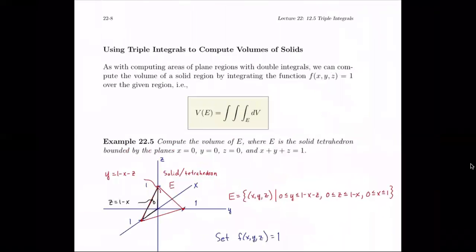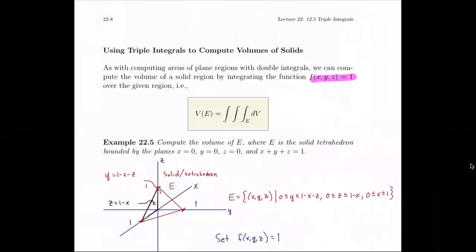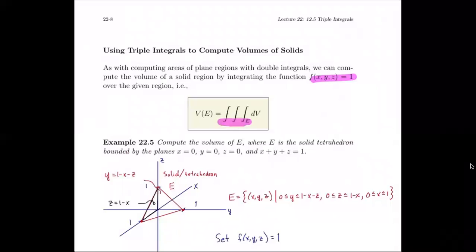So the trick, once again, is no surprise, we set the function in the integrand equal to 1. If it's equal to 1, then whatever region E we're integrating over, we're just finding the volume, right? So with a 1 right here, really all we're obtaining is the volume. Just like if you integrated along